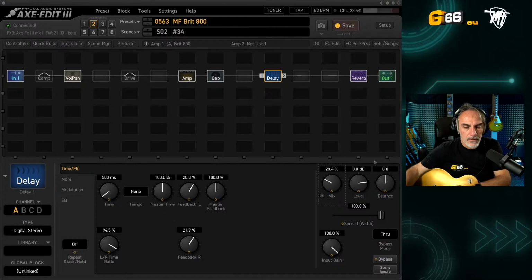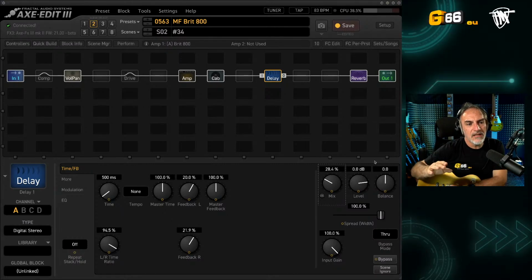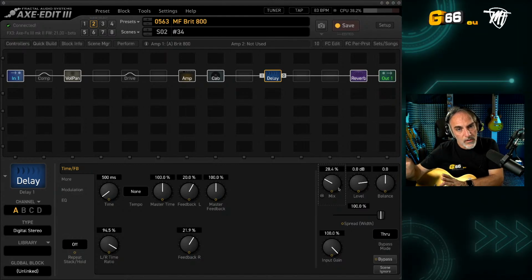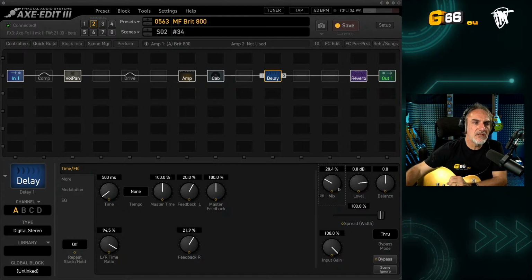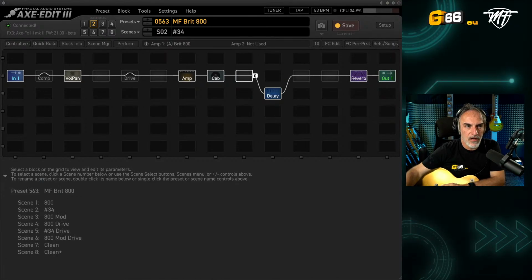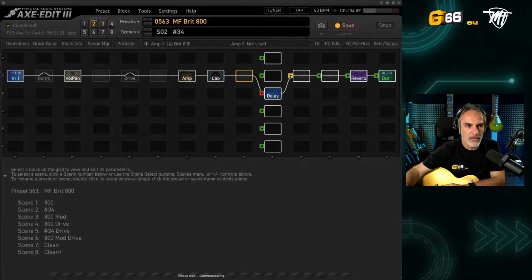So, as I showed you, the mix knobs affect heavily not only the wet signal, but also the dry signal. This is the reason that I love to use the delay in parallel mode. So I create this kind of connection. But